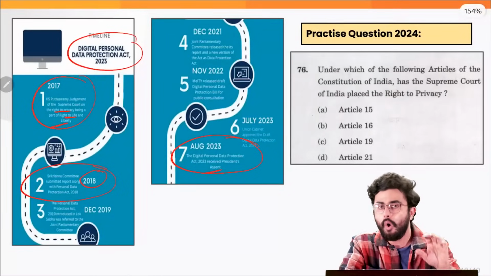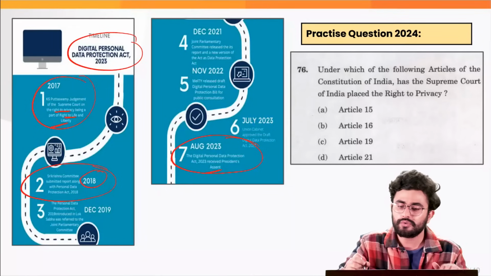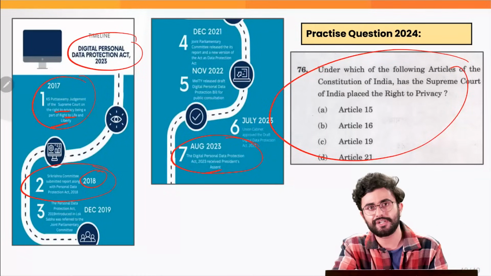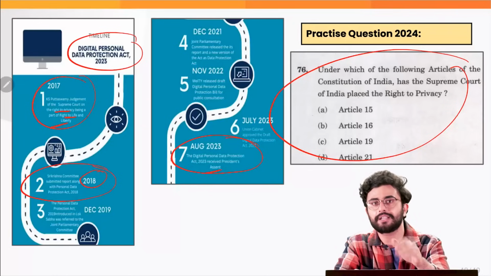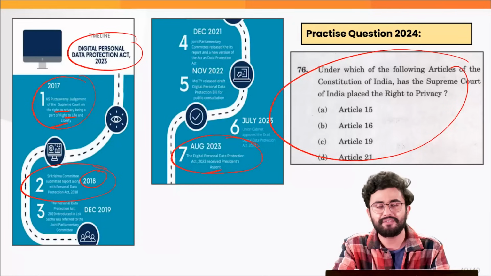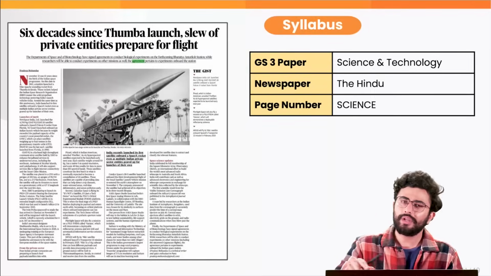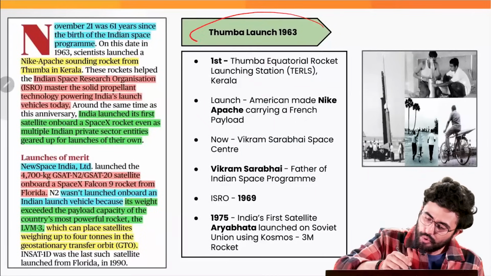and then approved and came as an Act in 2023. On the basis of this discussion, just try to solve this particular question which has come repeatedly in the prelims examination. Just try to see from which article the right to privacy is being derived, and we move forward to the next news, where we are going to have a quick overlook at India's Thumba launch